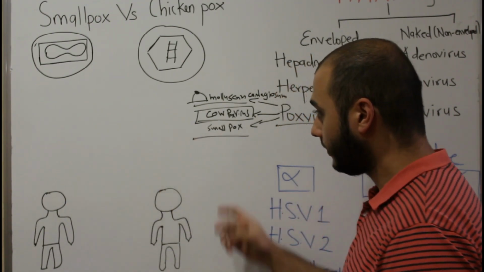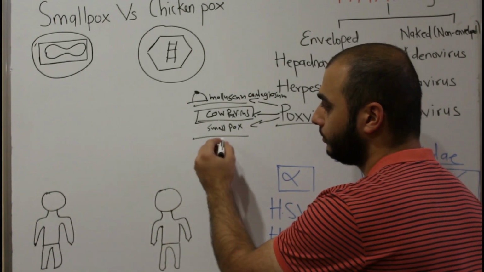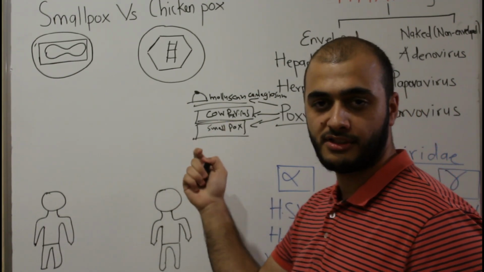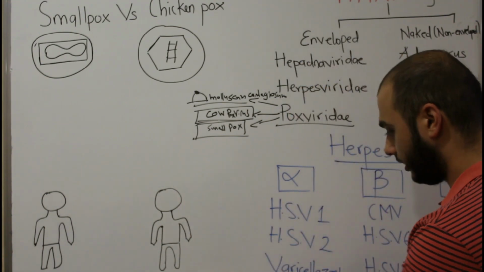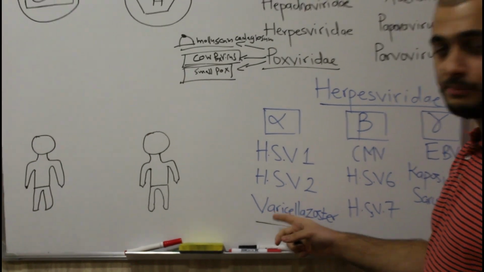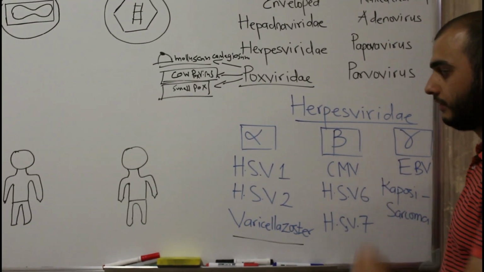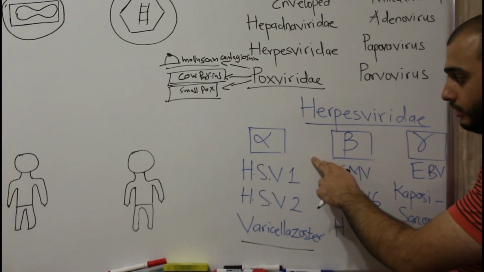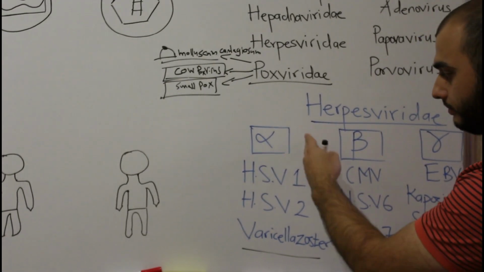And the third virus is smallpox virus, and the best way to study this virus is to compare it with varicella zoster virus, which is a member of the Herpes family. Because we are mentioning the Herpes family, let's recap